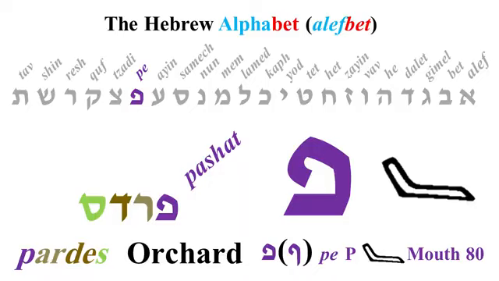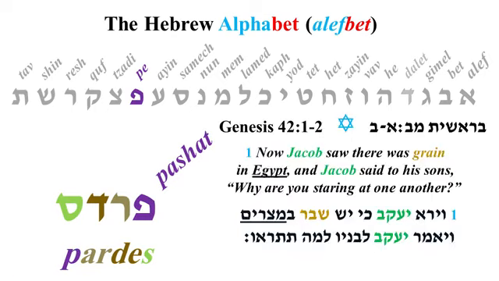So I thought I'd take a verse and show you the 4 levels. Let's start with the Peshat level. For our scripture, I've chosen Genesis 42, verses 1 and 2. Verse 1 says, "Now Jacob saw there was grain in Egypt, and Jacob said to his sons, Why are you staring at one another?" Remember, the brothers sold Joseph into slavery, and they took him to Egypt,